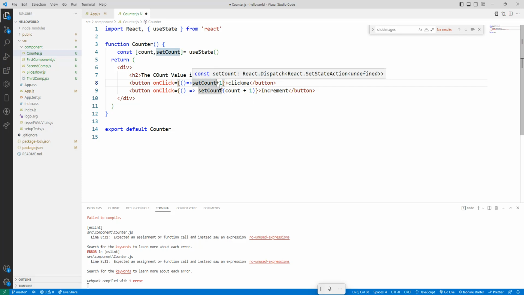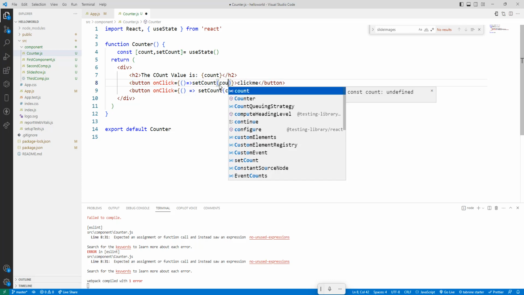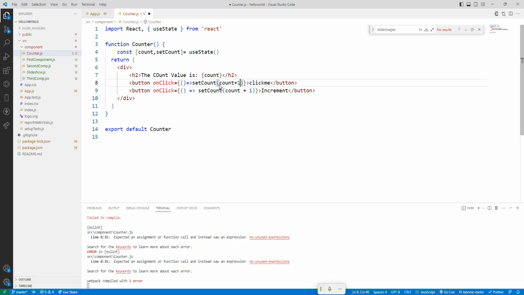If you want to increment by your previous count, just use count plus 1. So count plus 1, what it will do, it will add 1. But if you want to increment by your previous count, then use count. So Control S, if I just go to the browser,